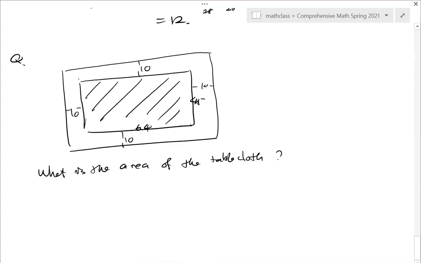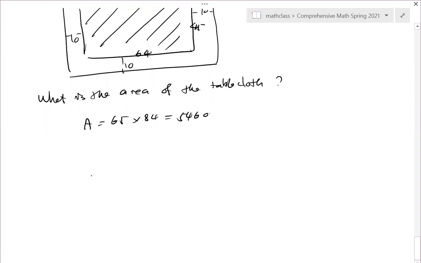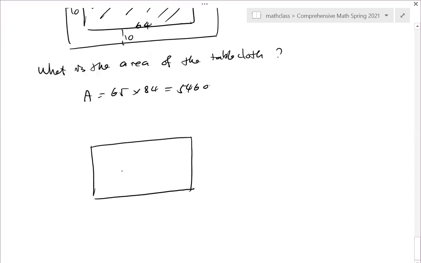All right, so this problem is easy. The area is just the edge lengths multiplied out, so 64 times 45. No problem. Now, what I wanted to do is, if I know the perimeter of this rectangular region,